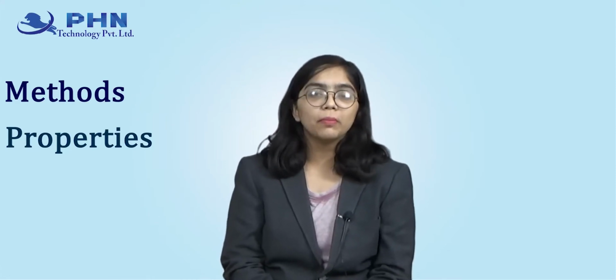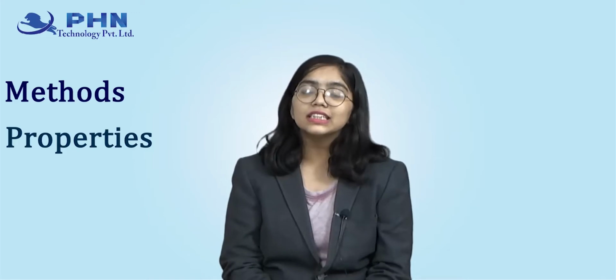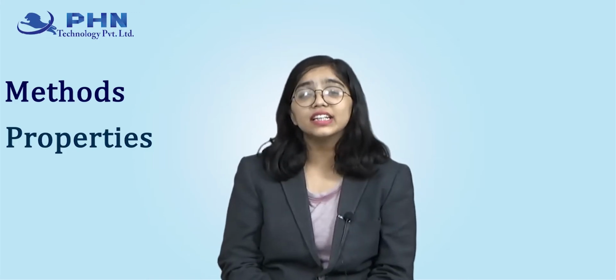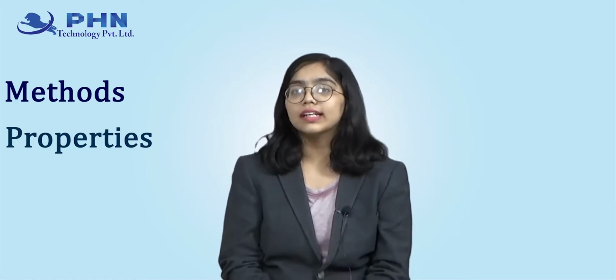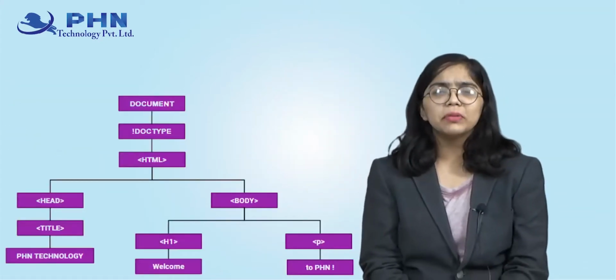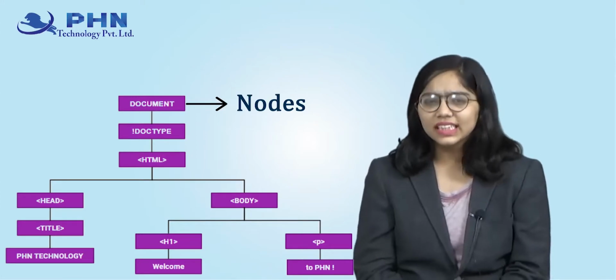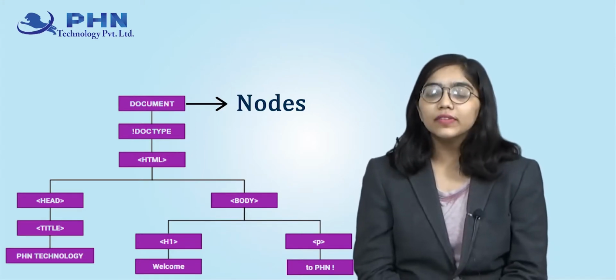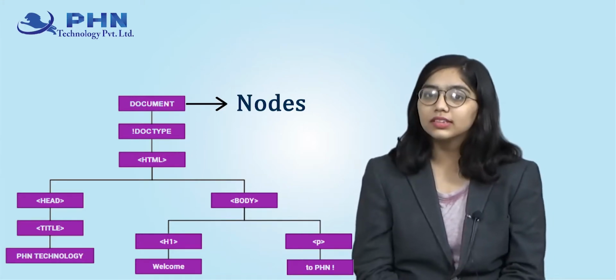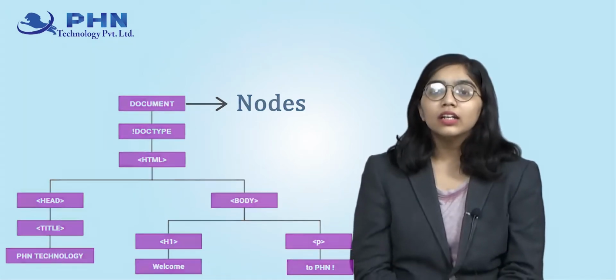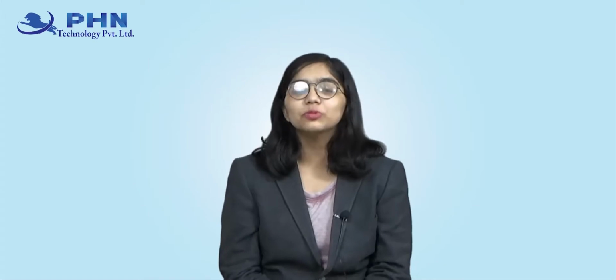Now, what do I mean by property? A property is responsible for getting into the HTML document and targeting a particular node. What do I mean by node? Whatever little boxes you see on the screen right now, and whatever you see inside those boxes, is a node. Being a document object model, this entirely has objects in it. I'm not going to confuse you more, so we'll switch the topic to methods and properties.